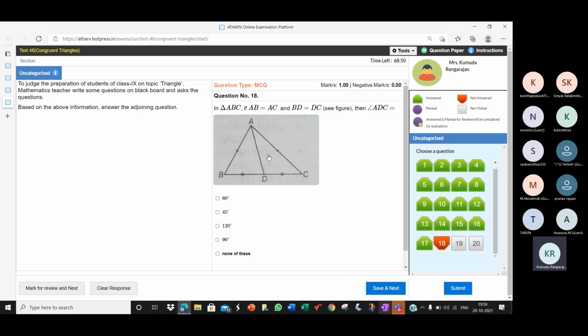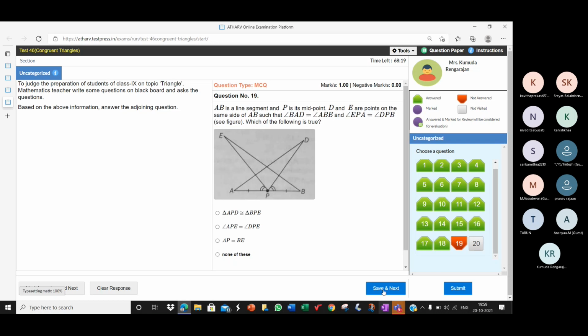So when these two triangles are congruent, by CPCTC, this angle will be equal to this angle. These two angles will be equal. As Sangamitra said, if you call them x and x, x plus x is equal to 180 because of the linear pair. So 2x is equal to 180, x is equal to 90 degrees. So angle ADB is 90, ADC is also 90 degrees. Yeah, next one.